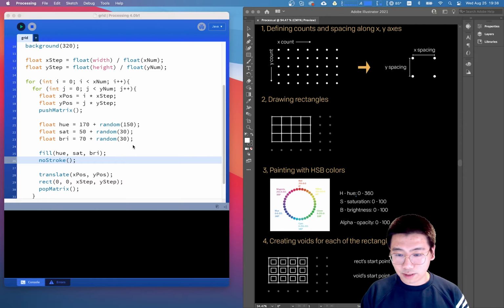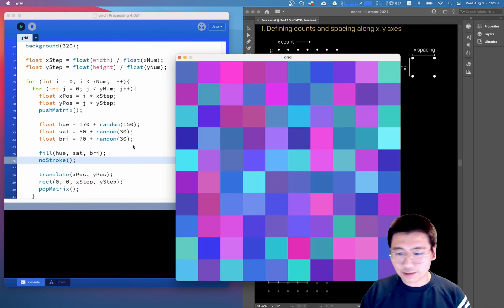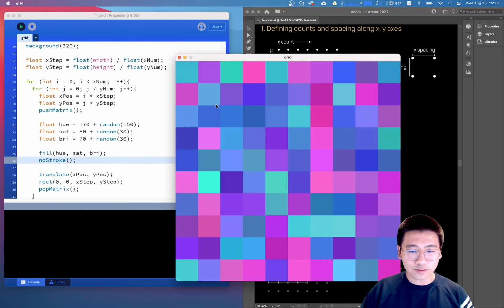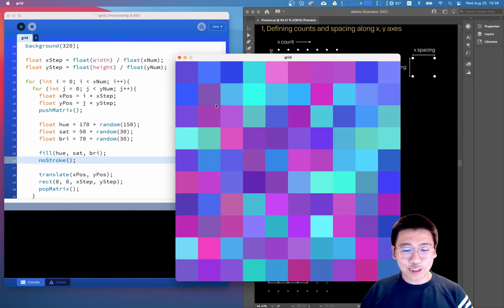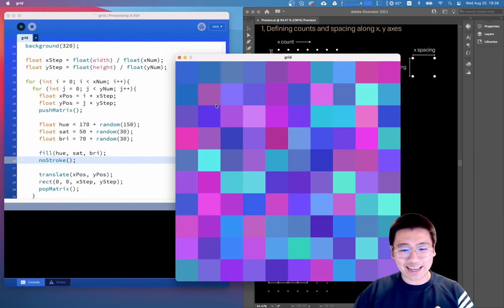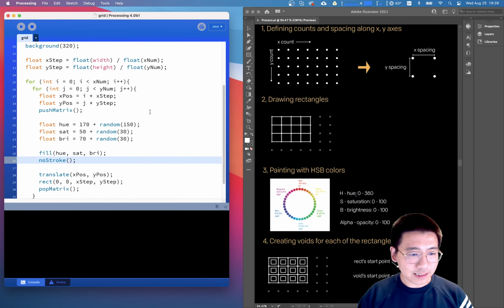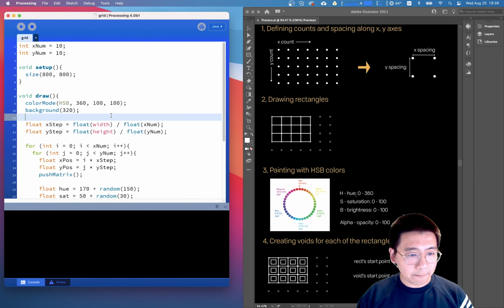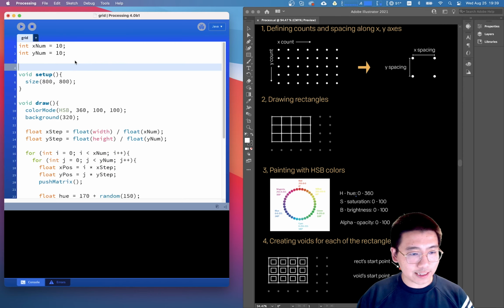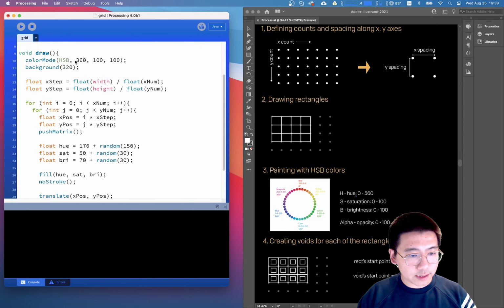Save the code and run it. Wow, it's changing all the time. It's not something we want. So we want to set a random seed to make this graphic static instead of blinking and blinking. Yeah. So here I can create a random seed. I can say integer r seed equals 100, and